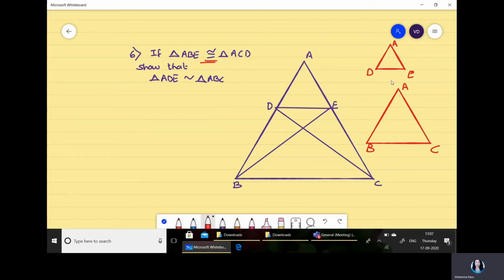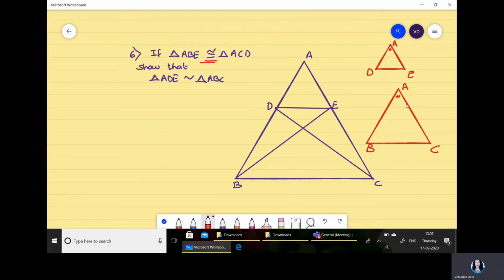Now we can find anything which is common in both the triangles, which we get already from this. You have to prove. So here we come to know ADE and ABC: angle A, when we separate it, is common. Even if angle A is, suppose, 40°, even if I separate it, that A is not bifurcated into any angle. So angle A and angle A are equal. We already know this fact.